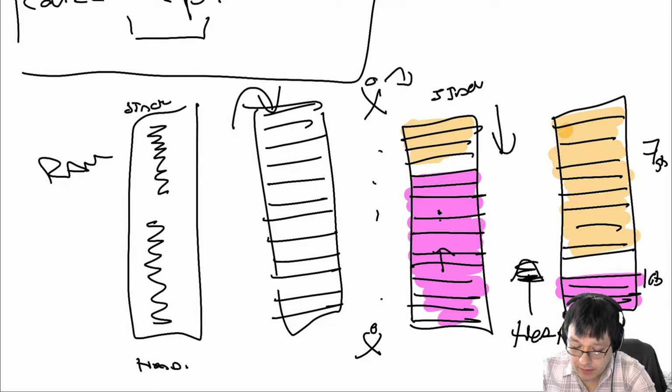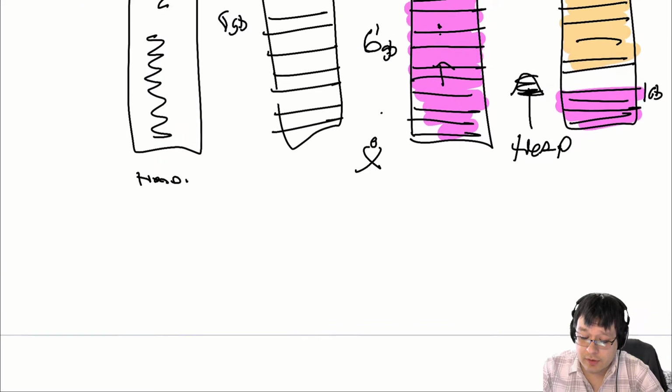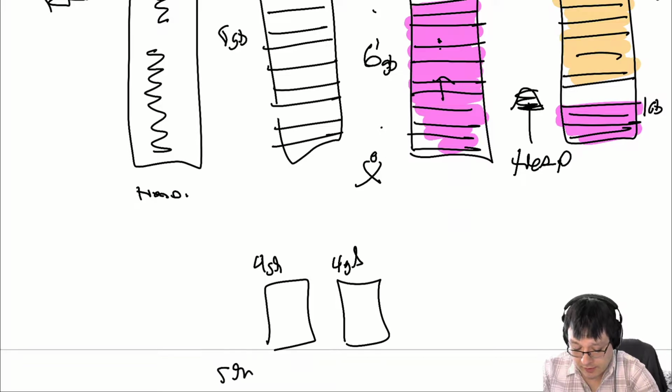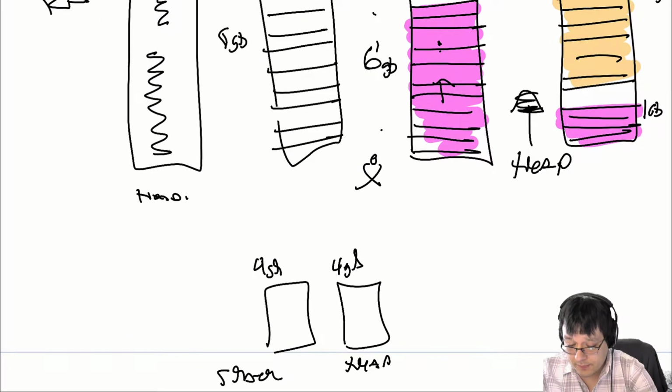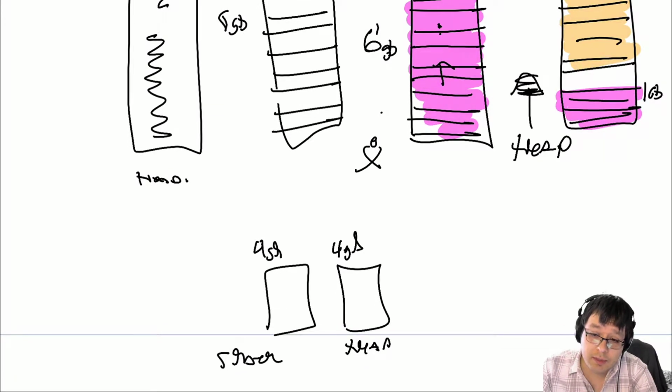And then over here we have maybe 60 gigabytes and maybe 2 gigabytes, okay? And the entire memory is 8 gigabytes big. One of the ways that I could implement this is I could buy 2 sticks of RAM. Each one is 4 gigabytes. And I can say this one is my stack, and this one is dedicated to my heap. And in that situation, I have 8 gigabytes total, but I can at most use 4 gigabytes for one of